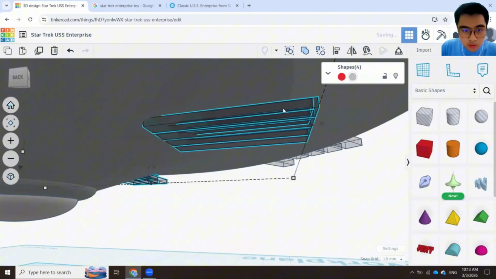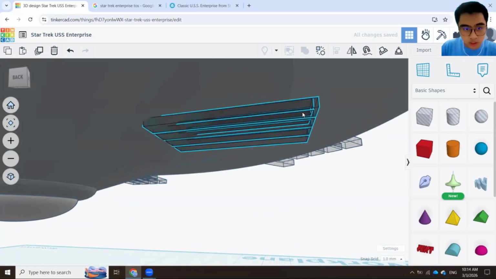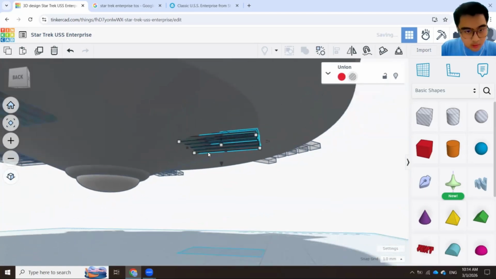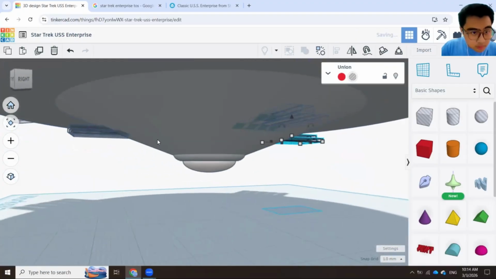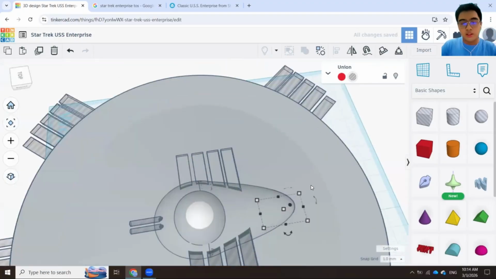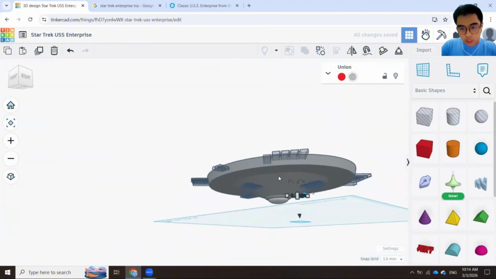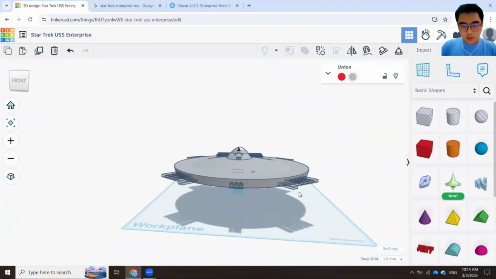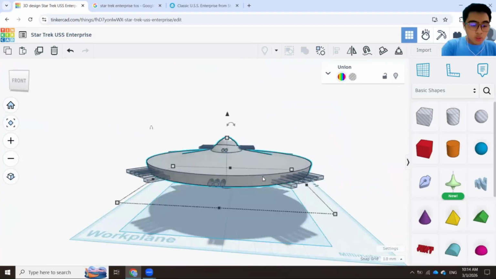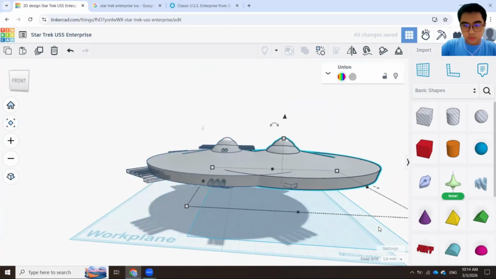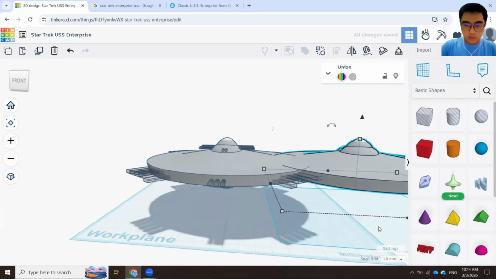Ungroup them all so that we can move each of them individually. Okay, nice. Okay, everything's great. Okay, looks like we got the windows down and bottom. We're almost ready. Now we are going to group them all, but before that, we take our original, we Control D, duplicate it. Okay, I'm going to move it to the side. Do not disturb it. To the side. Okay, do not disturb it at all.